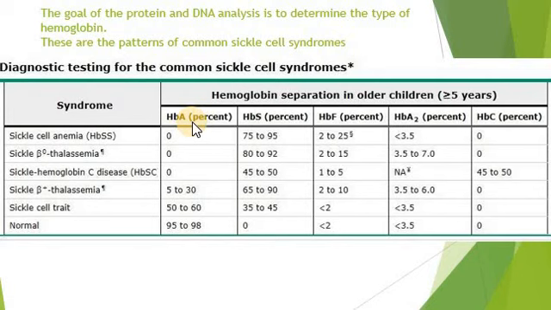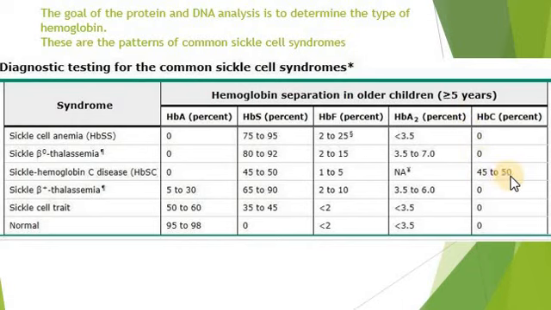In sickle cell anemia, there is a very low percentage of hemoglobin A, while S is about 75 to 95%. The classical example of sickle cell anemia, as in thalassemia, the percentage is high, up to 92%. In sickle cell hemoglobin C, the percentage is low. However, there is a higher hemoglobin F percentage, and there will be another type of hemoglobin, which is about